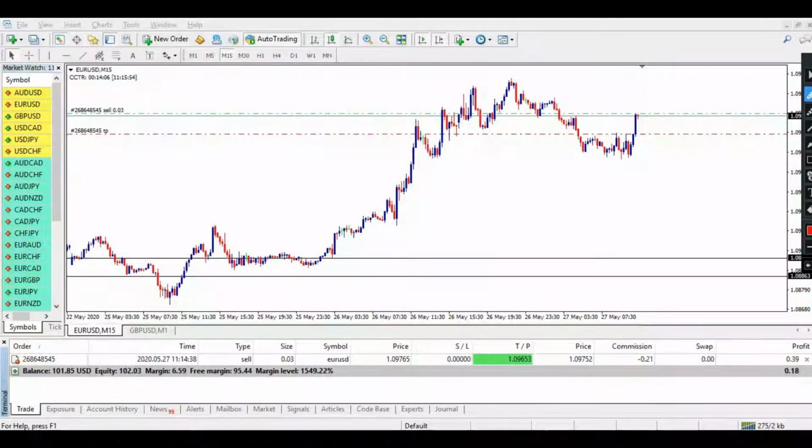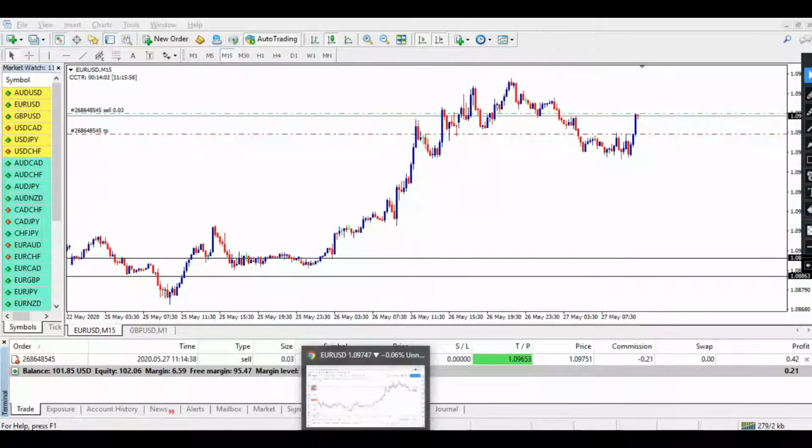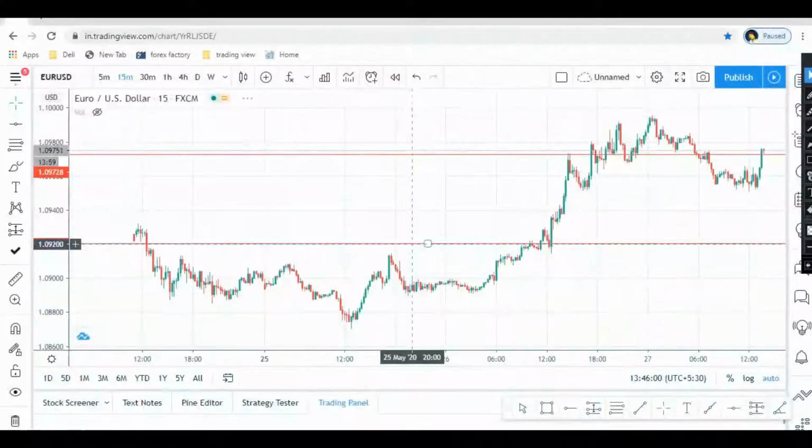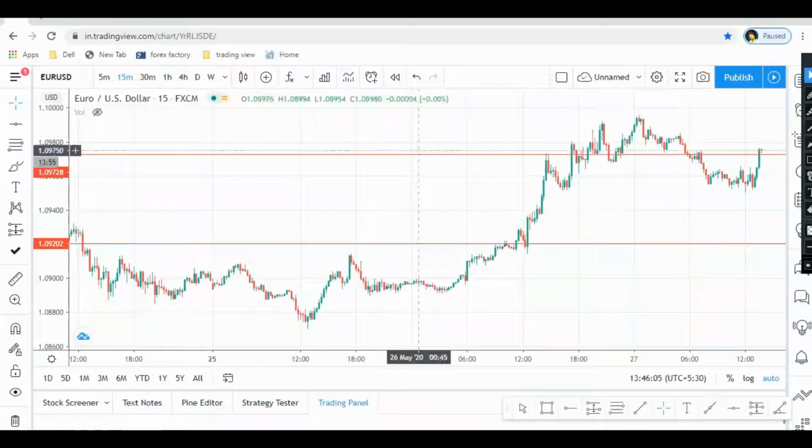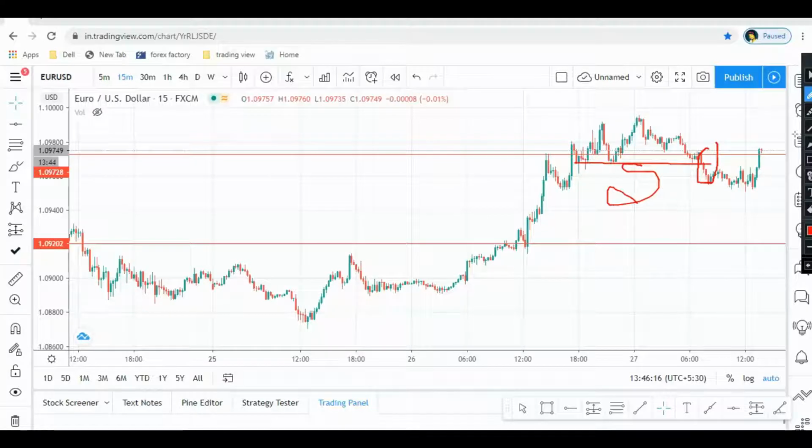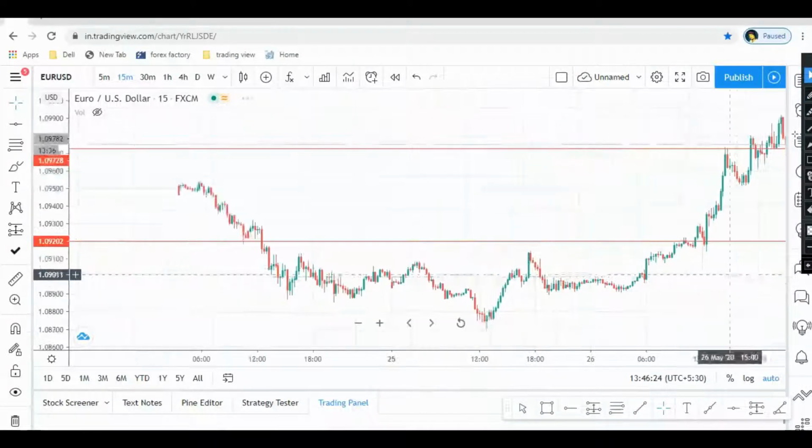So let's start. First of all, I will go to the TradingView chart. As you can see, I am on the TradingView chart, and here I can see, let me mark, this particular area acted as a support which was broken out by these bearish candles, and just back of this I can see this place acting as a resistance. So how strong is this resistance? Let's see. We will go back.